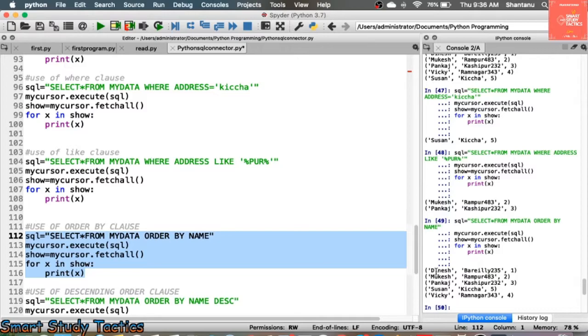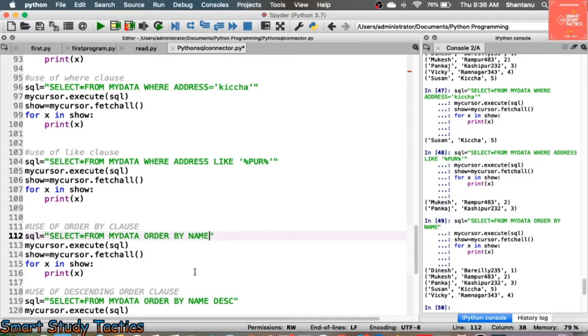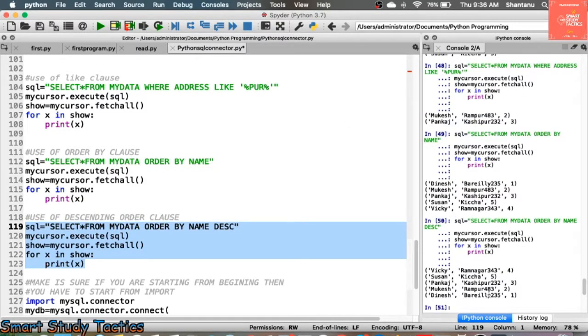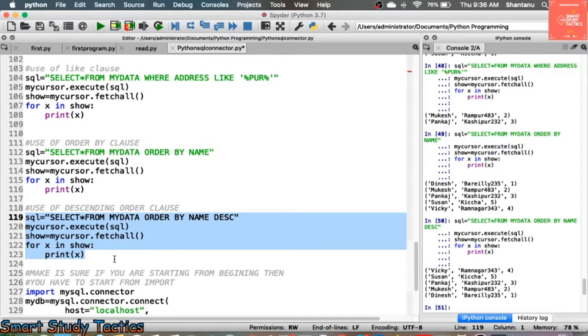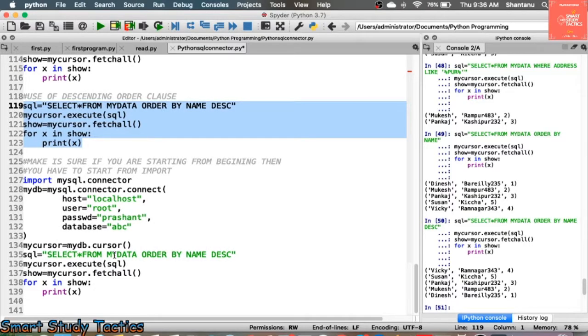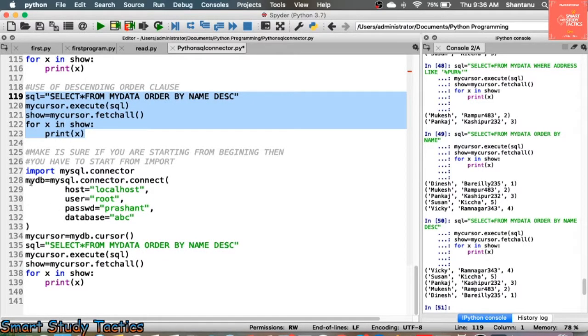So let's see. DMPSV. Okay, 1 2 3 5 4. Okay, now if you want to write DESC, here you can see DESC. So it is going to arrange everything in descending order. Here you can see the descending order. So I think this is pretty clear to everyone. I think there is no problem. So you can write in this way also.